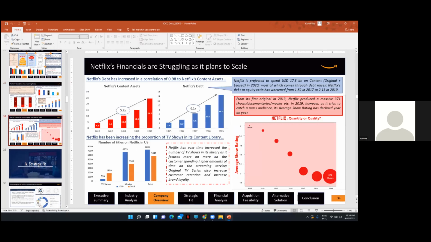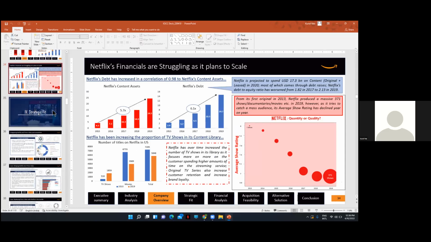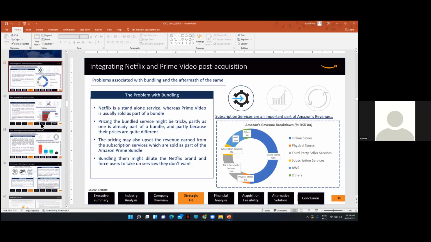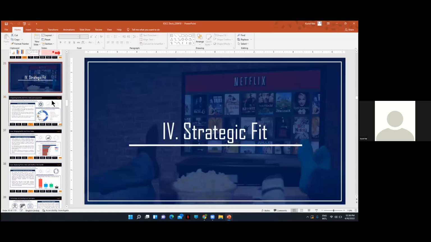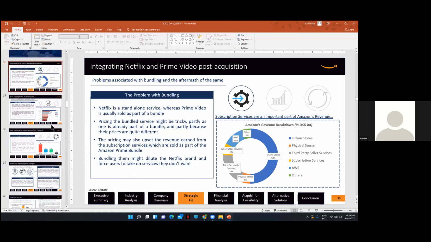So this was some breakdown about the company, and now we understand the strategic fit of the two companies. In strategic fit, what we're going to do is look at what will happen if we combine the two companies. So over here, you can see that